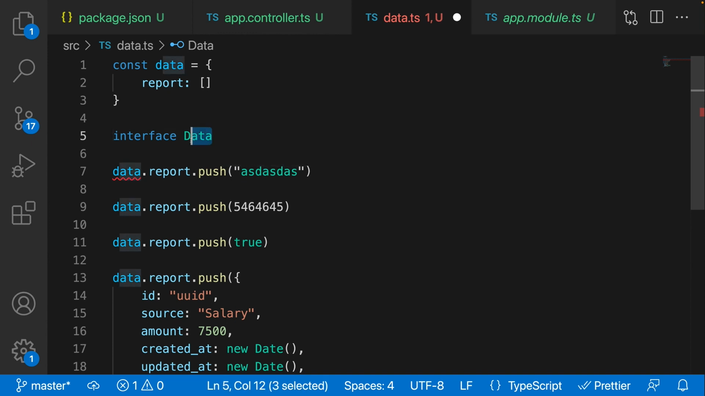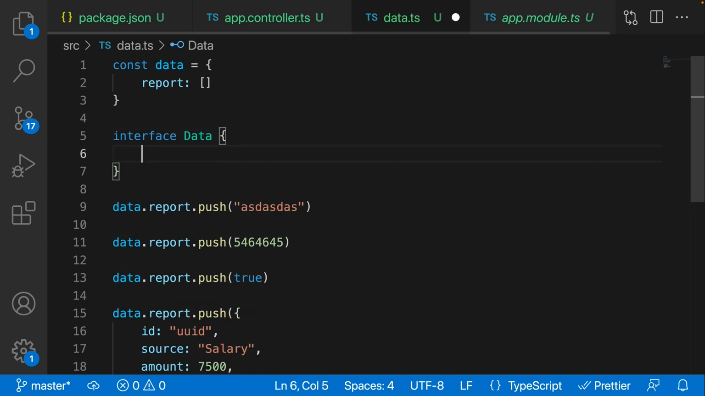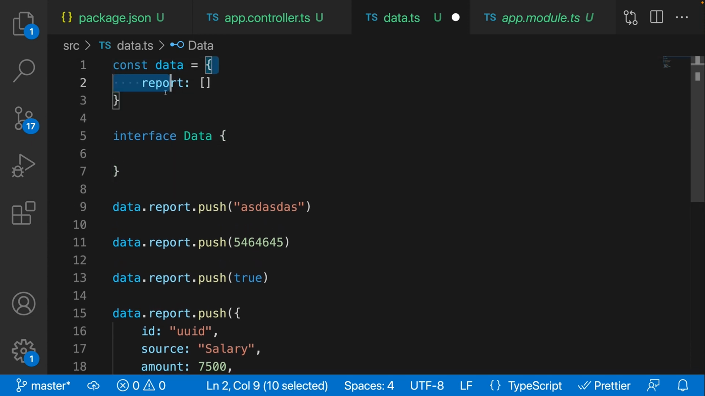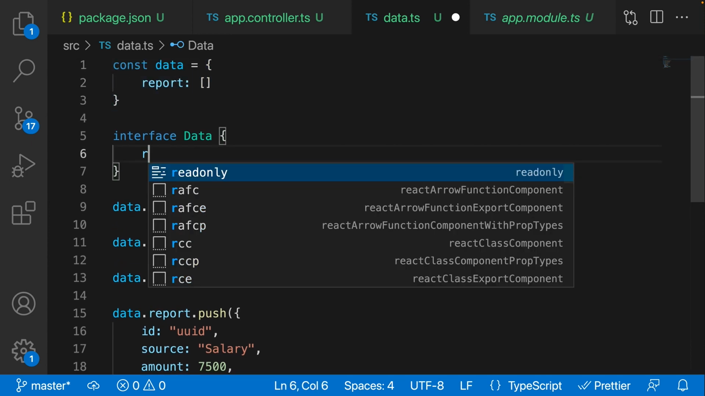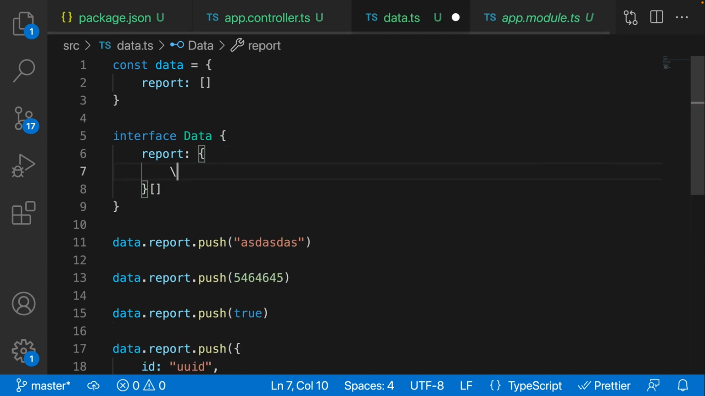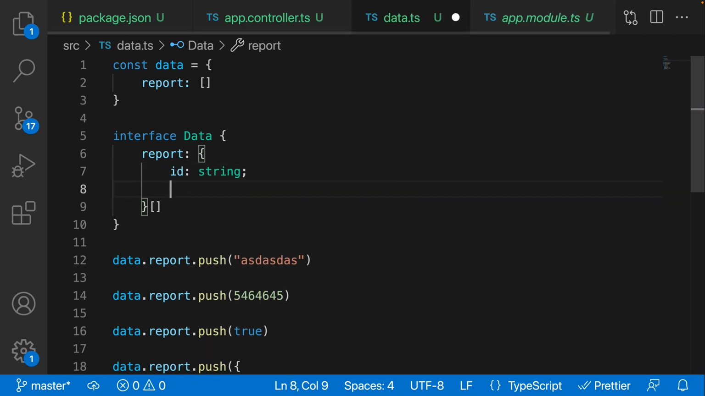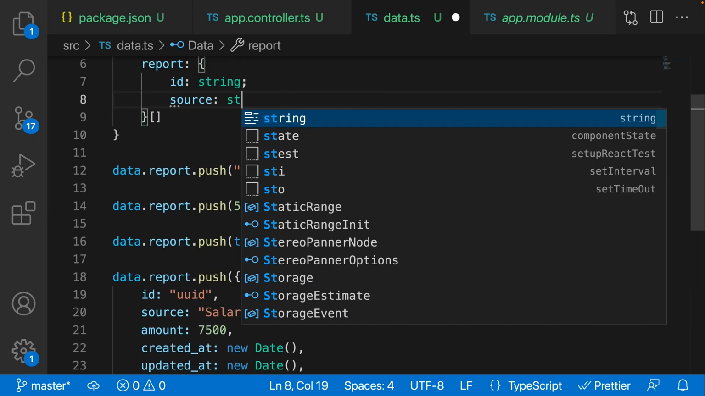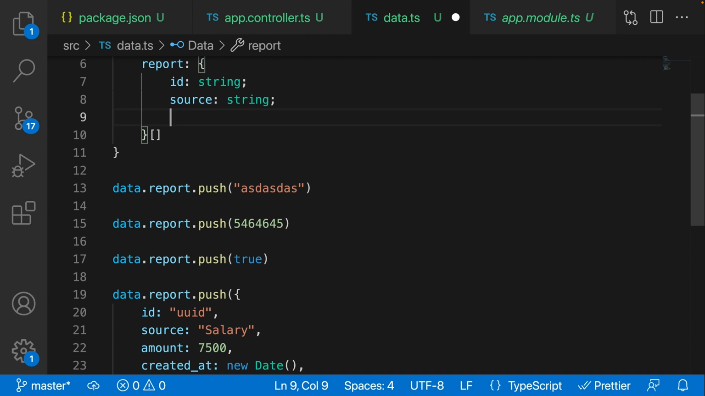So we're going to call this interface Data, and we're going to do curly brackets, and then in here we're going to supply it with the type. So this is going to be an object that is going to contain a report property, and this report property is also going to be an array of objects. Now this object is going to contain an ID that is a string. It's going to contain a source that is a string,